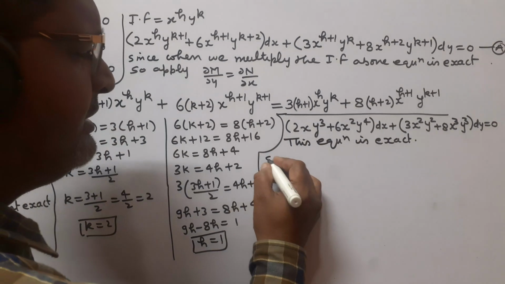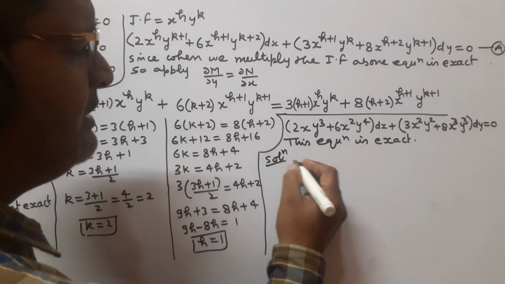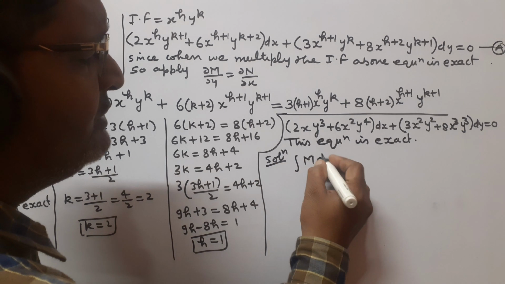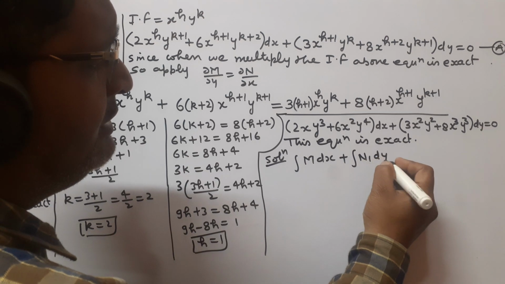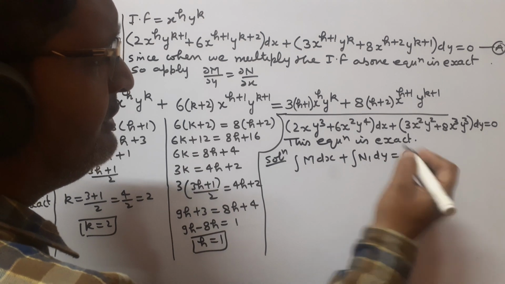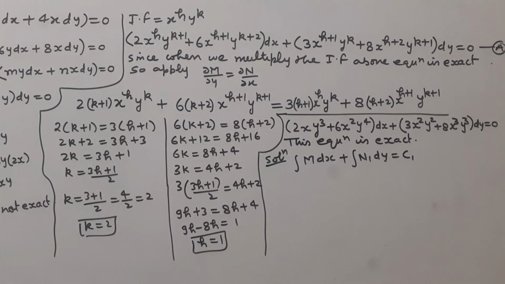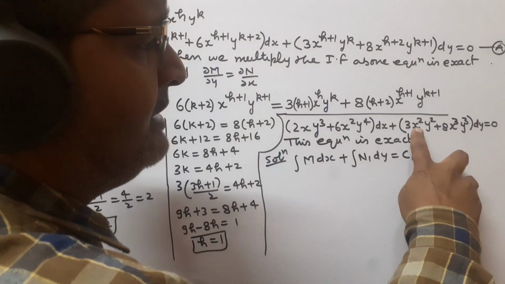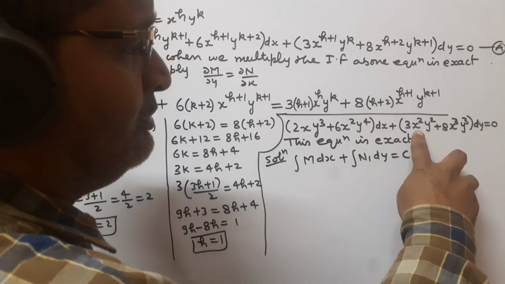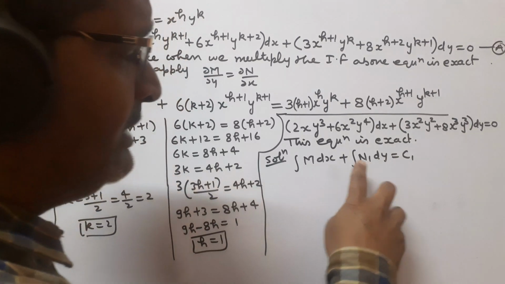Now we write here the solution, and we know that the solution is integration of M dx plus N1 dy is equal to c1. We know that N1 is obtained from N, and we take those terms of N in which x is absent. But here in both the terms of N there is x, so the value of N1 is 0 here,